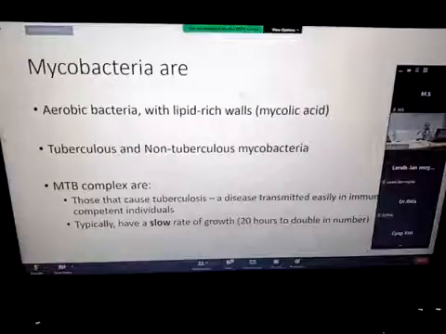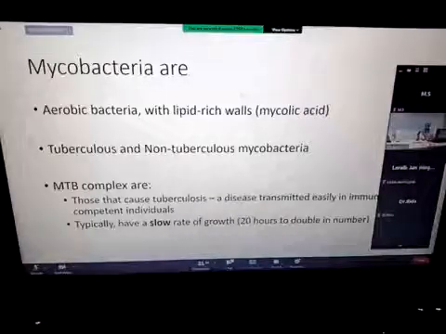ठीक है? I hope you know the difference between normal flora, then you have colonization in which organisms increase in number, but and they're there without causing disease. And then there is actual infection. Infection can be active infection when it is causing active damage to the host tissue, or it may be an inactive infection in which it lies dormant, it is not replicating, versus colonization in which organisms are replicating but they're not causing disease. I hope ये transition बहुत अच्छी तरह से समझ में आ गया, but it's very, very important